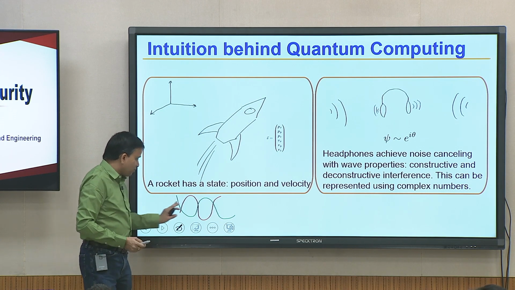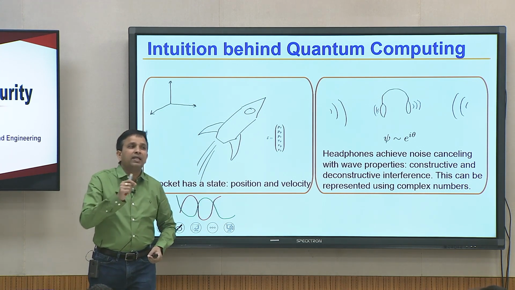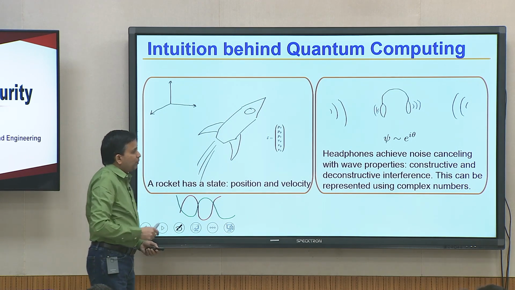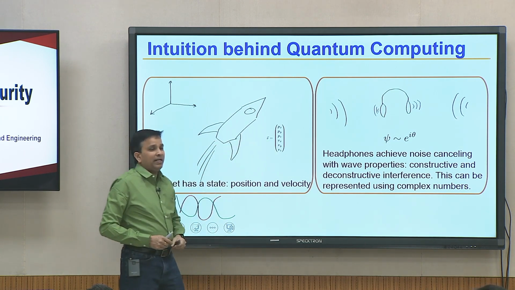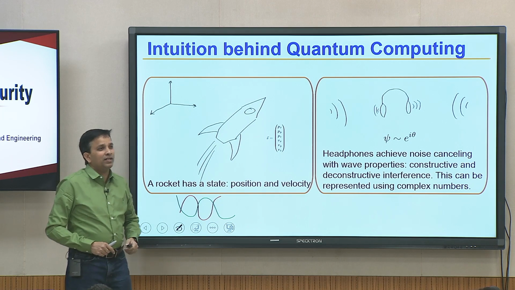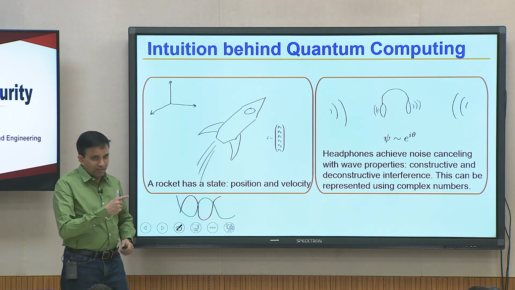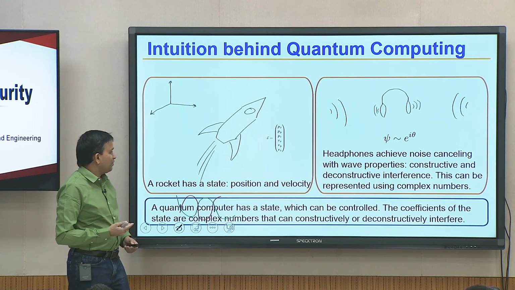So the biggest problem in noise cancelling is identifying which signals are legitimate voice and which signals are noise. Amar Bose from MIT was able to do that. Now, if you put this headset on an airplane or a rocket, that is actually a quantum computer headset. Assume the rocket as a human being, and this amount of noise is too much, that is the quantum computer.